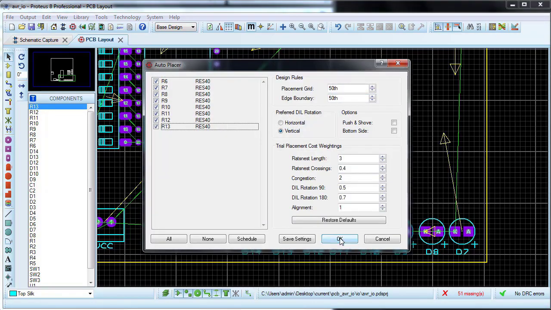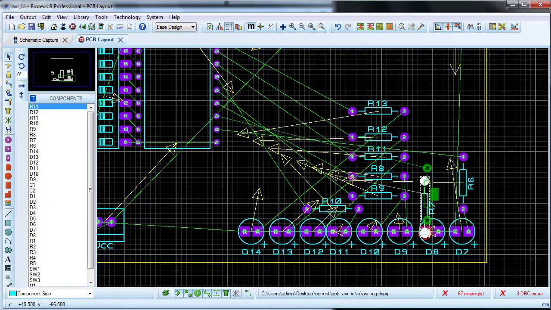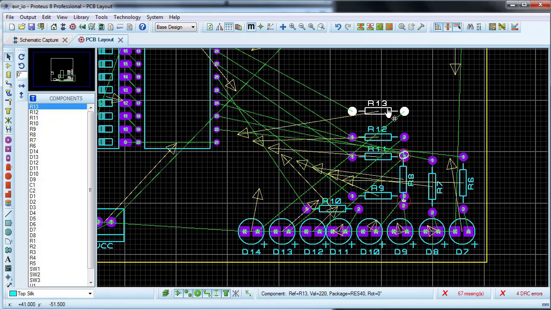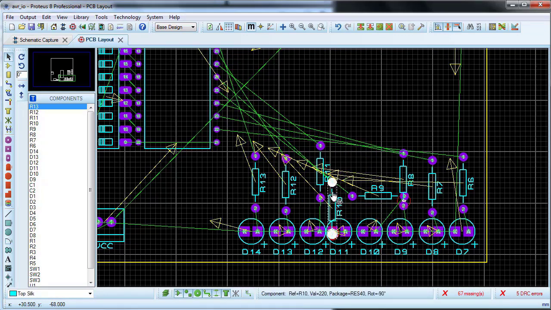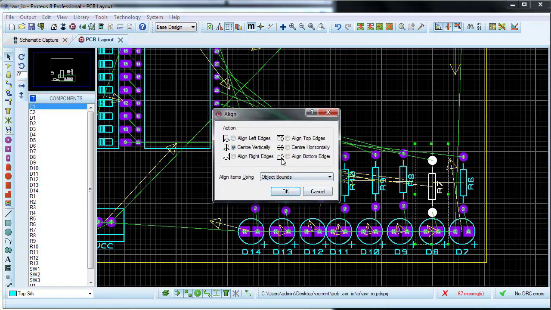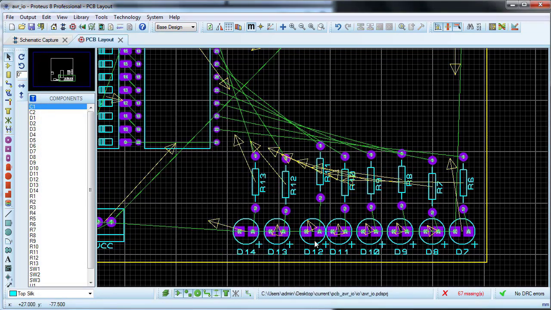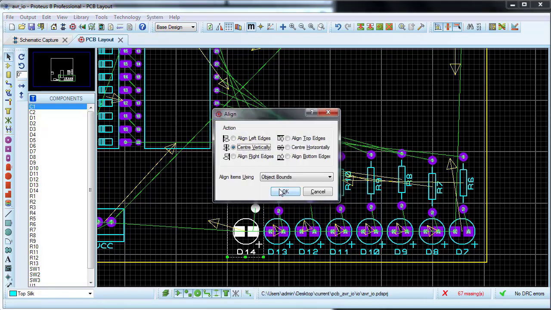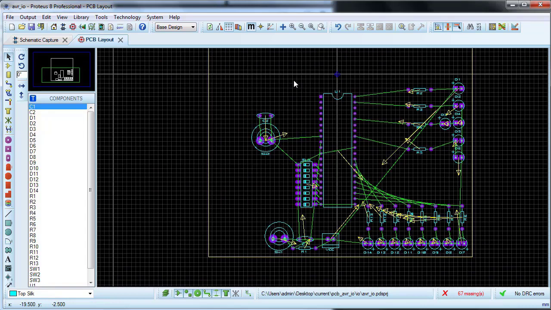In the last step, we select all the packages. We plan to use from AutoRouter, but before that do the latest editing.